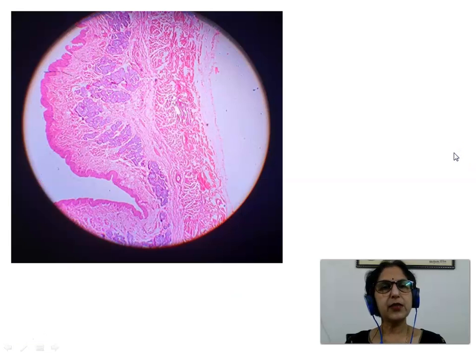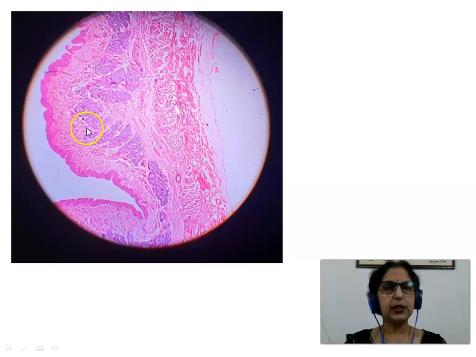Thus we have seen the 4 parts of the wall of the esophagus from the luminal surface. When we move outwards, these 4 are the mucosa, submucosa, muscularis externa and adventitia or serosa. Now what we see here is a low power view of the slide of histology of esophagus. This here is the luminal surface. So what we see here is the mucosa, the lining epithelium made up of stratified squamous non-keratinized epithelium. Then is the lamina propria. Next we see the muscularis mucosae.